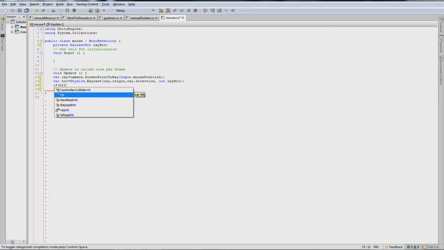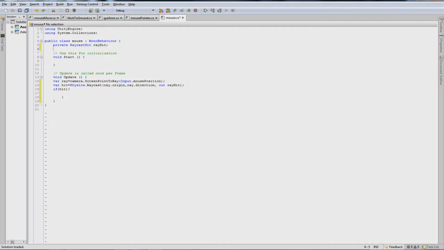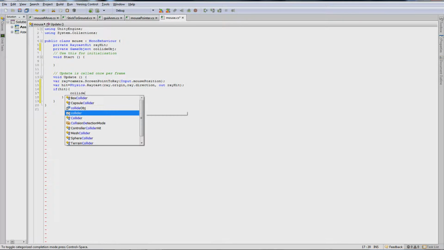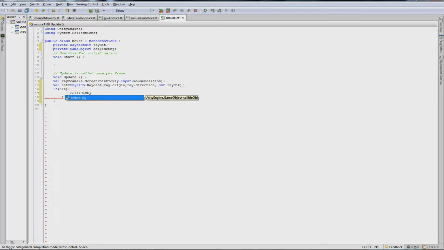If hit is true, then I'm going to create another variable of type GameObject, private GameObject collideObj, and here collideObj equal